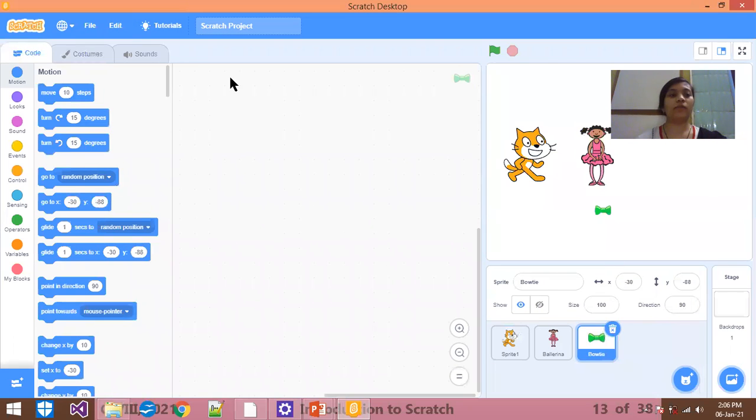That's it. Now it's time for the task. What do you have to do? You have to add 3 or 4 sprites of your choice. You can also upload your own image using the first option, Upload Sprite, or Surprise, or Paint. You can create your own paint. Okay, so this is your task and hopefully you will understand. If you are not able to understand, you can ask me anytime.